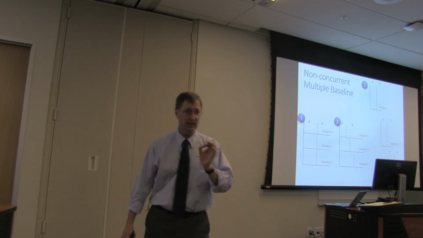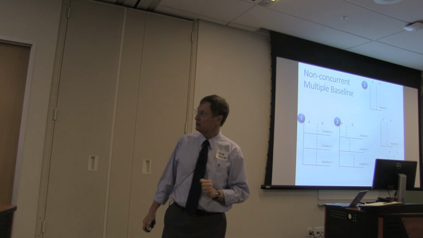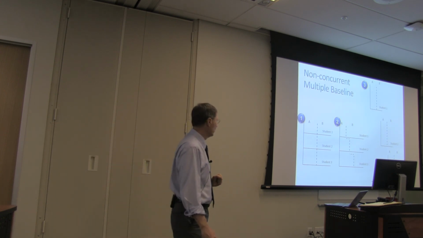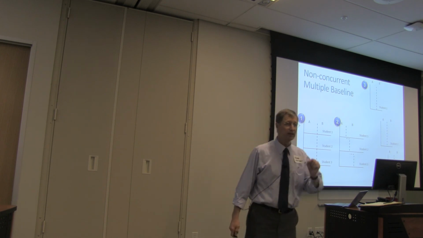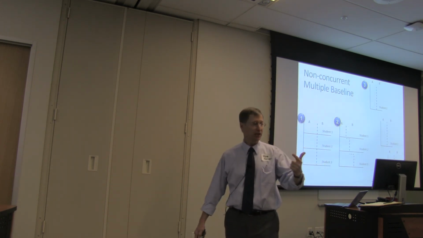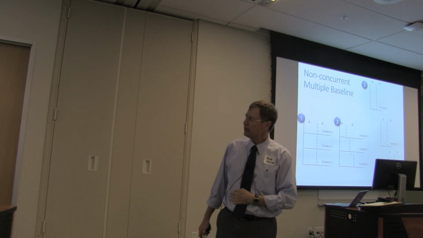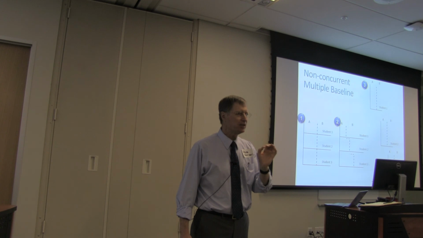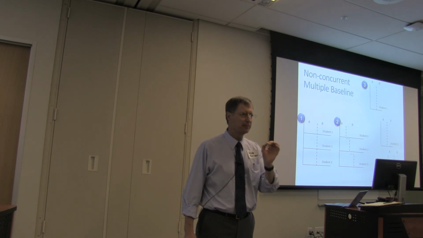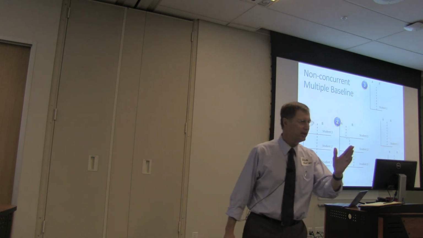In a multiple baseline, I want you to look at study one over there. You see 3 students, each has a baseline, each has an intervention. But look carefully. The baselines are exactly the same. So this is a concurrent study in which everybody got baseline and then